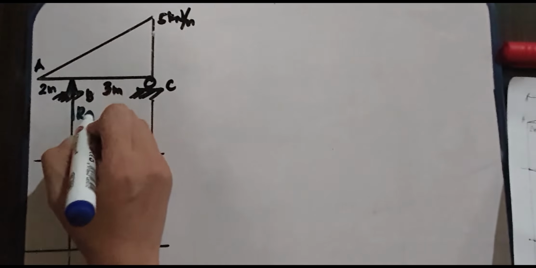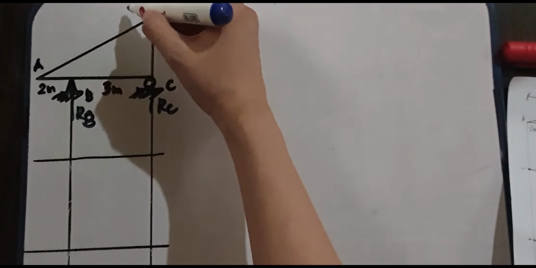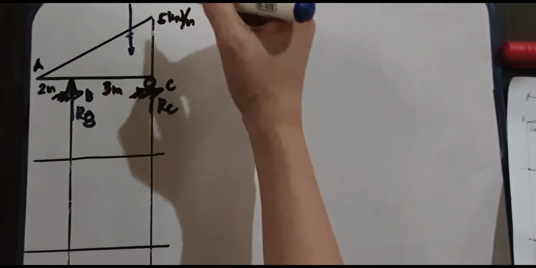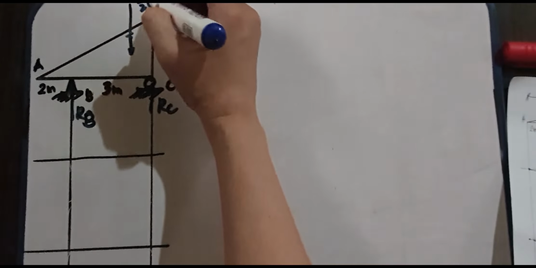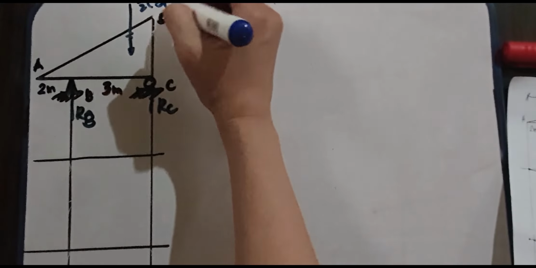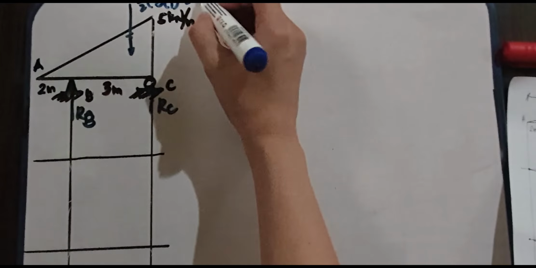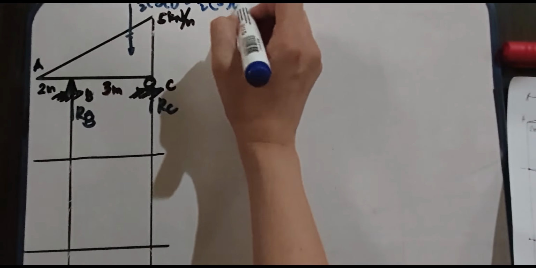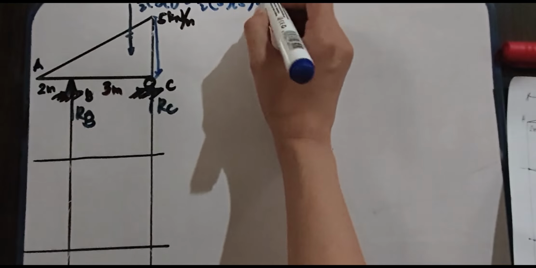So, first, let's find the reactions. This is your RB, and this is your RC. Of course, let's first find the resultant of this. So, what is the resultant? To find the resultant, it is 1/2 base times height. So, that is 1/2 times 5 times 5. Where is the 5? This is it, the height of this. That is 5 times this distance, which is 5. So, we have 12.5